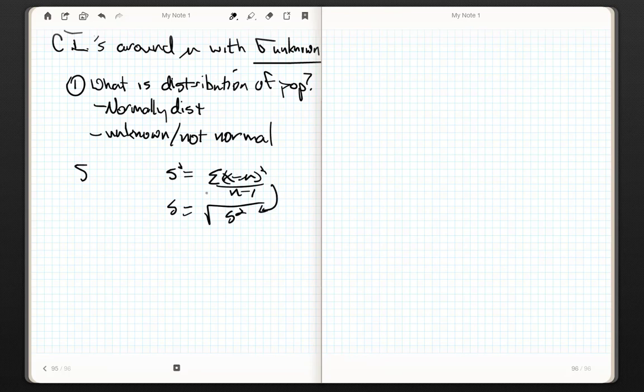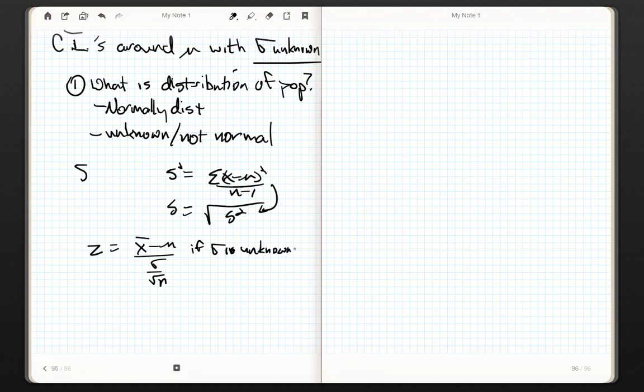Nothing to it. So you give me any data set and I can come up with a sample variance and a sample standard deviation. Now, remember, I know that Z is equal to x bar minus mu over sigma over root n. This is called the standard error of the mean. However, if sigma is unknown,